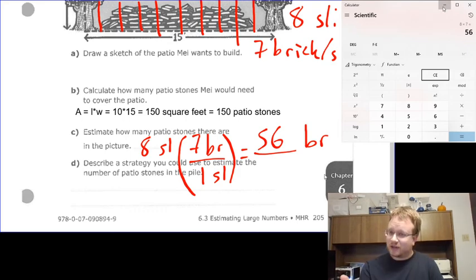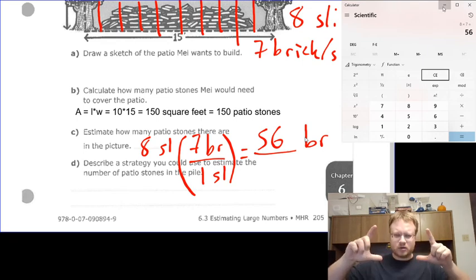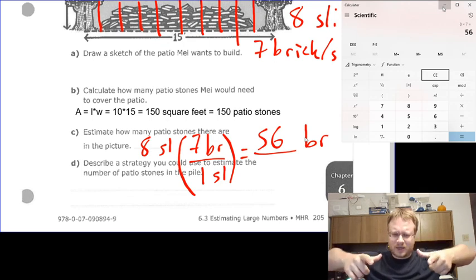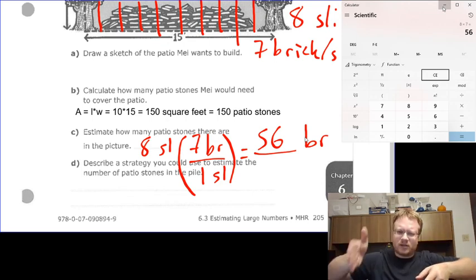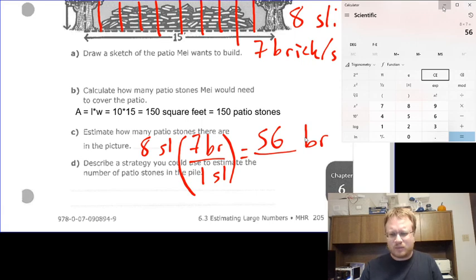Now that does mean that she doesn't have enough bricks to complete her patio, but she has enough to get started. She needs 150. She has 56. So she has about a third of what she needs. And once again, this is a real thing you could do in real life. We had a pile of bricks that was laying there. We could take a picture, maybe a picture from above, kind of like the pictures of the crowd we've talked about. We could slice that into pieces, and we could estimate how many bricks we have without needing to hand count them all. We can just take a picture and do some calculations.